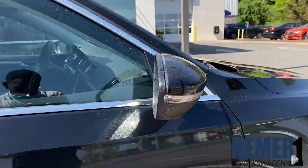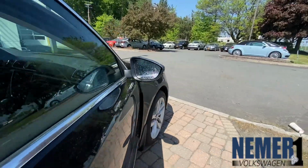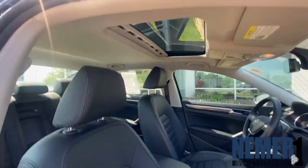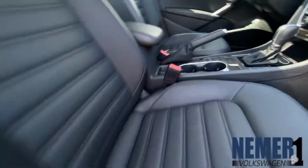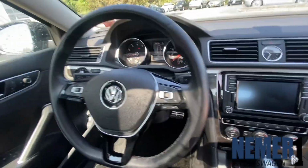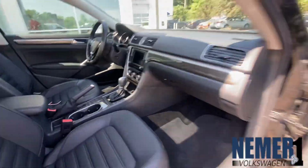Currently, we have this beautiful certified pre-owned 2016 Volkswagen Passat SEL. This front-wheel drive sedan comes with a 1.8-liter TSI turbocharged engine with a 6-speed automatic Tiptronic transmission with driver-selectable modes. You get 25 miles per gallon in the city, 38 miles per gallon on the highway, front and rear anti-roll